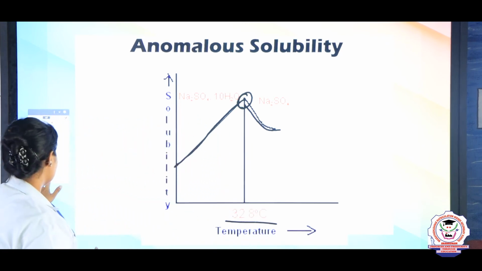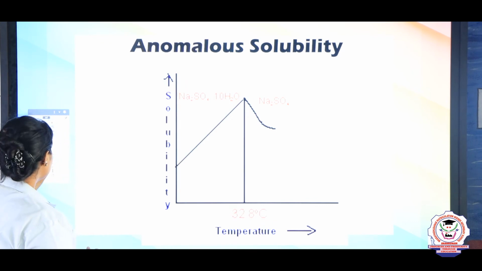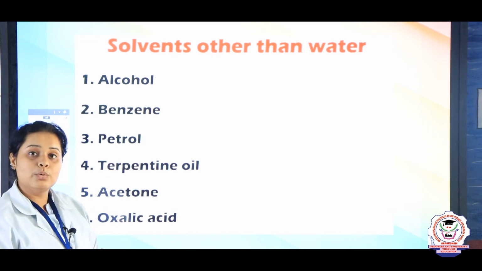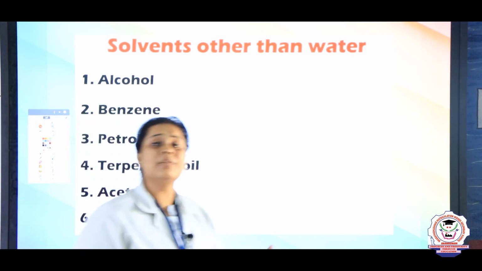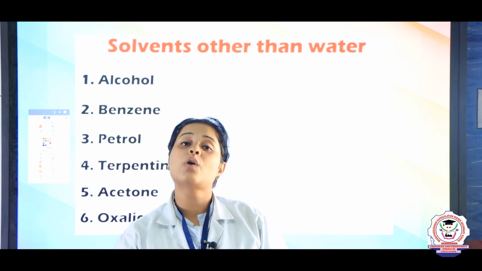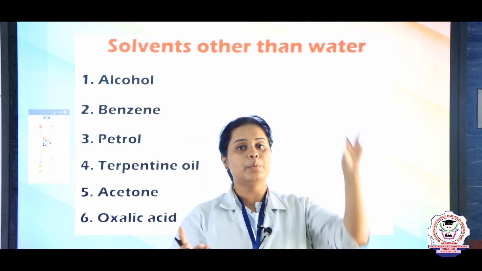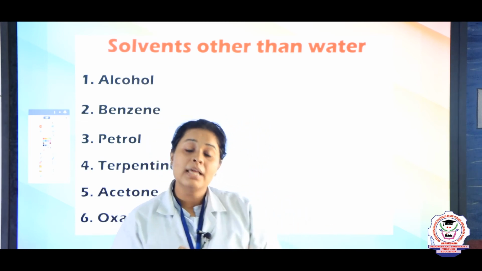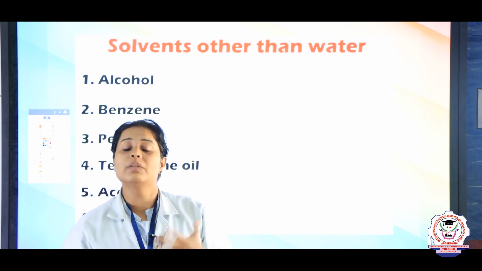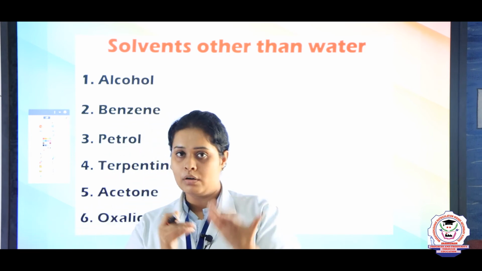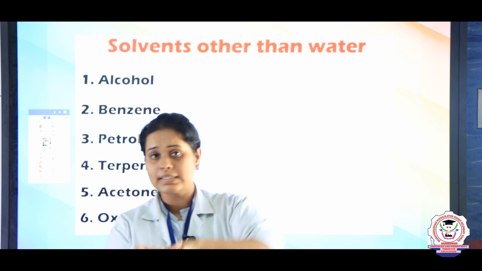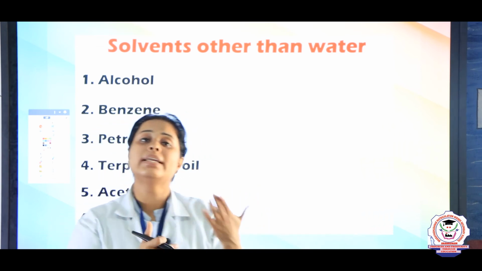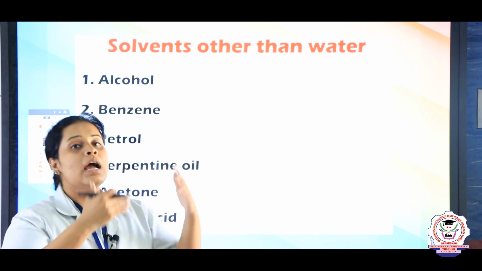After this, children, we need to see how the solvents can be used other than water, because generally whenever we are talking about the solvents, we are talking only about the liquid solvent, which is water, because it is also known as a universal solvent. But there are few things which will not dissolve in the water. For example, if I take rubber and put it inside water, will it mix? No, right? So, for that we need various other solvents.